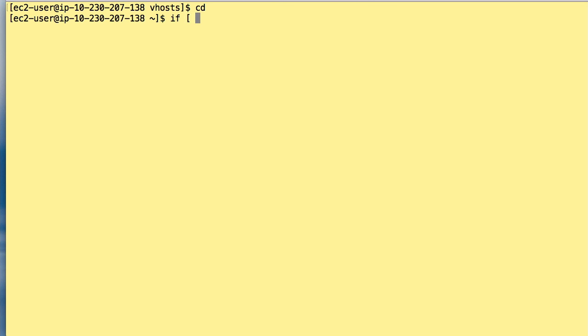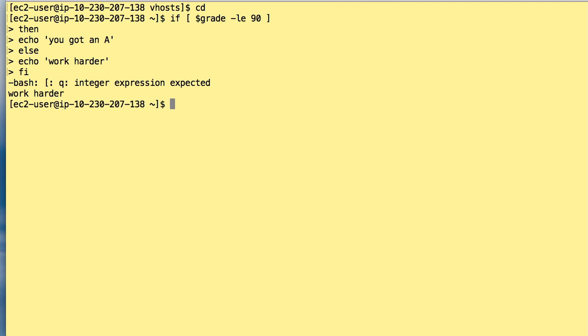Something like: if $grade less than or equal to 90, then we do something, echo you got an A, else echo work harder, fi. All right. And that failed because we didn't have $grade set. So we have the if, the then, an optional else part, and then the end of the if